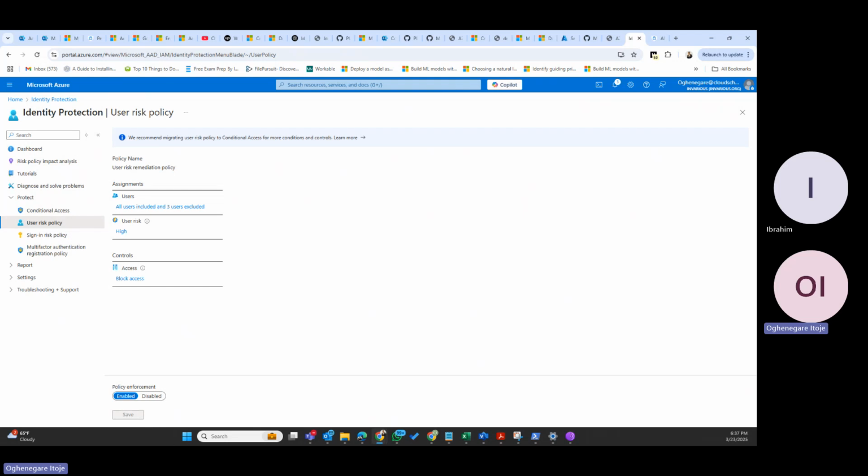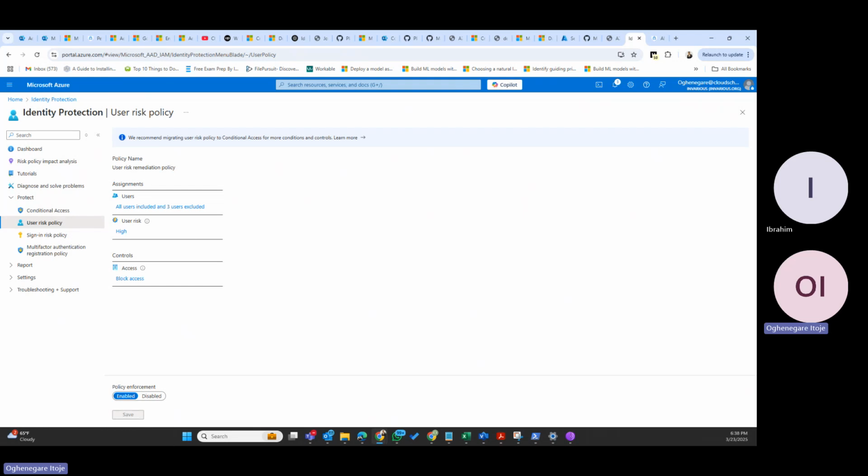Another one that is also interesting is the global reader. The global reader can basically read. They have read-only access to identity protection, so they cannot reset passwords or do any of those things. But the user administrator, like I mentioned earlier, can only reset the user's password. So if you need a security operator to be able to reset users' passwords, just assign them both the security operator role as well as user administrator, then they'll be able to